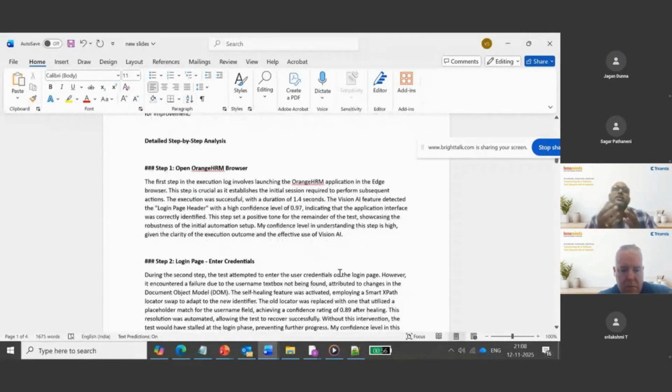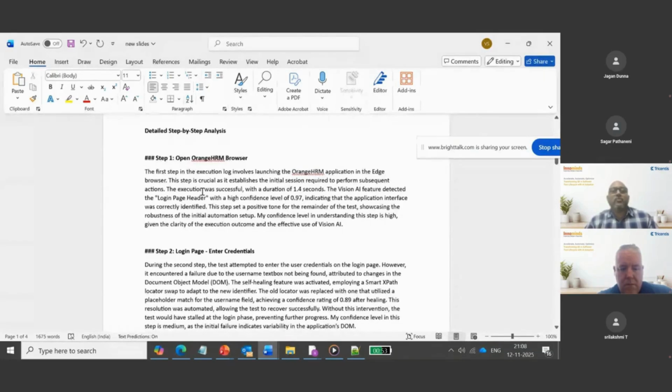So we are complementing what is being provided by Tosca. Tosca does provide this information in the form of a simple HTML log in the Tosca Commander, but we are enhancing this. For example, I have opened the Orange HRM browser, whether it was successful and how much time it took.